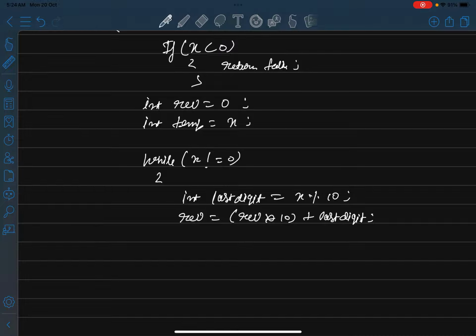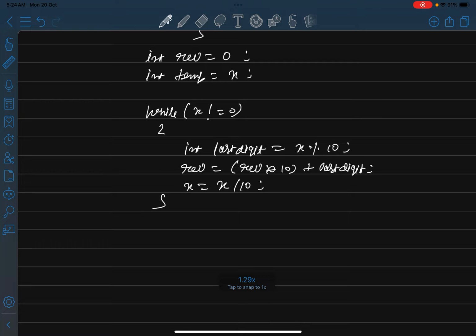Now I remove the last digit from the original number using this line. When you divide the number by 10, it removes the last digit of the number. Okay, now I close the loop and then I return.